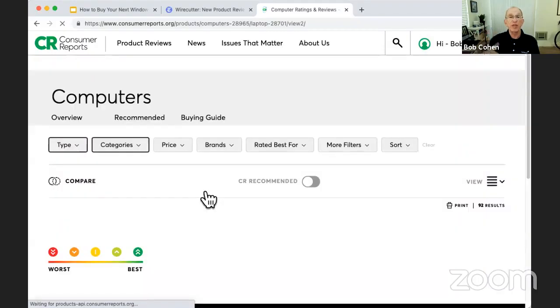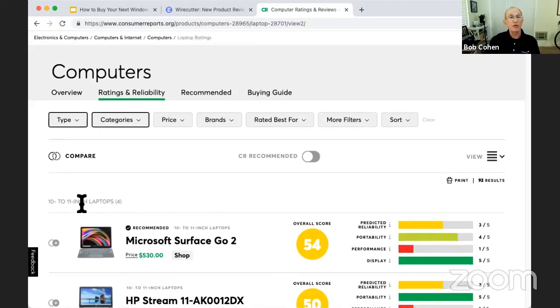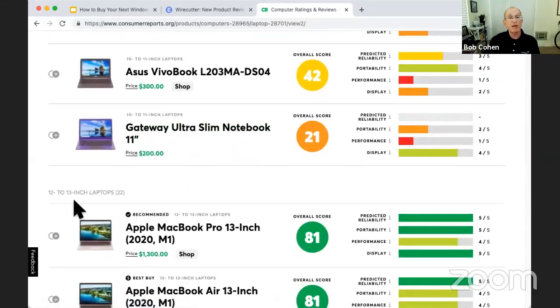They rate them by type and by size and by other things, okay? They typically will give you information based on the size of the computer screen, because people buy laptops typically by screen size, and the 12 to 13 inch is one of the more popular.